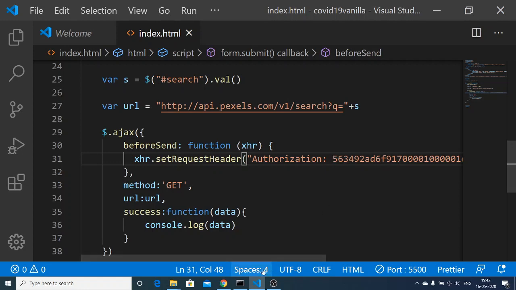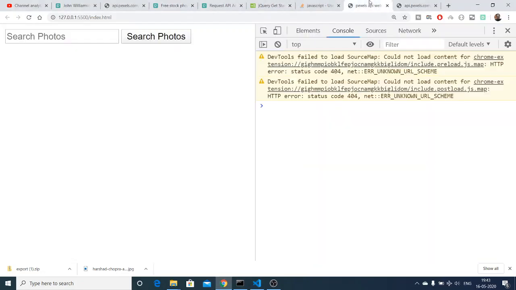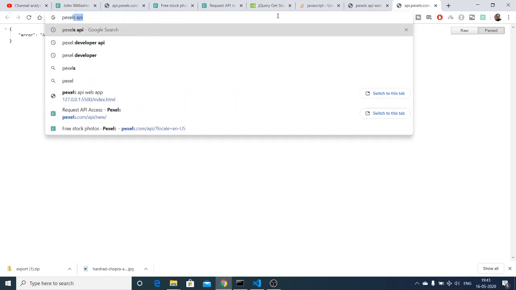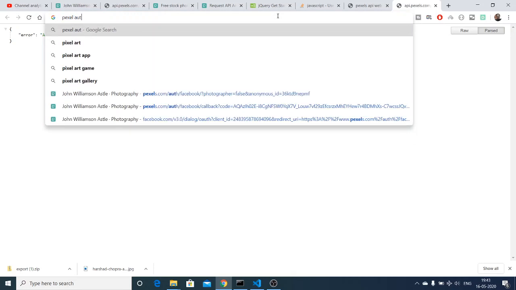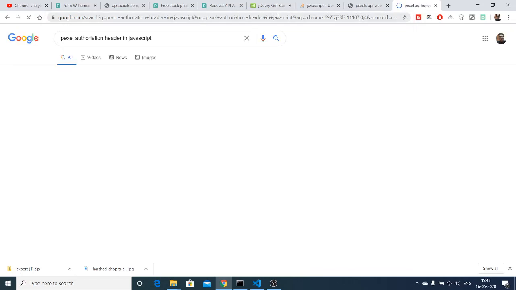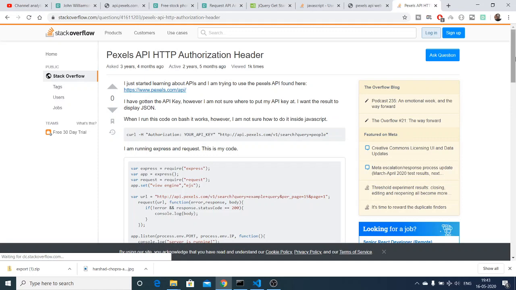Just remove this comma here, and now let me see if it is working or not. If you're facing this problem, you can search on Google: Pexels authorization header in JavaScript, how to pass it, and you will be getting an answer here. You can see that this is a question here. So in this way, you can just do it.